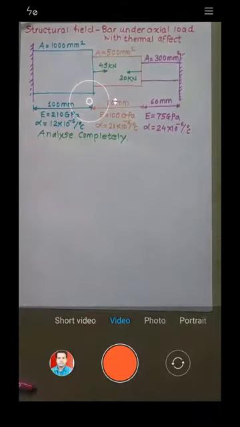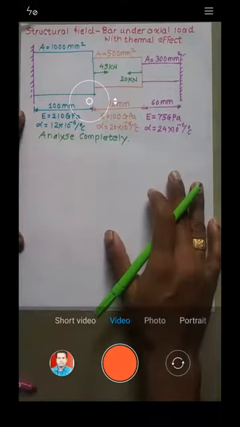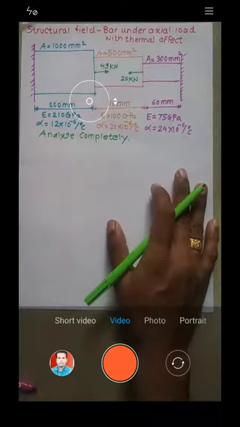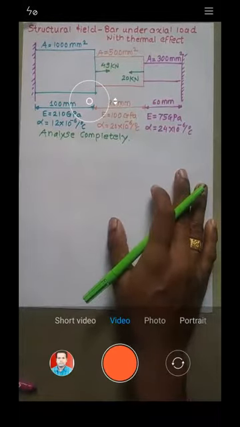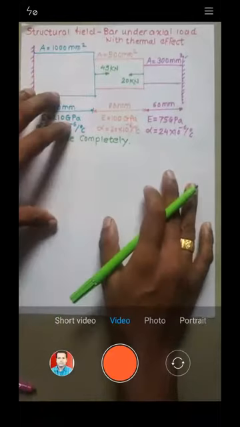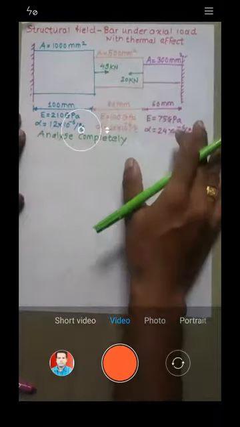So now see, in order to start, let me clarify. This problem we have already taken during the practical session, in yesterday's session only. That problem we solved in ANSYS. Now the same problem we are solving analytically. The purpose is to compare both the answers. When both the answers come out the same, that means whatever method you have followed is correct, right?